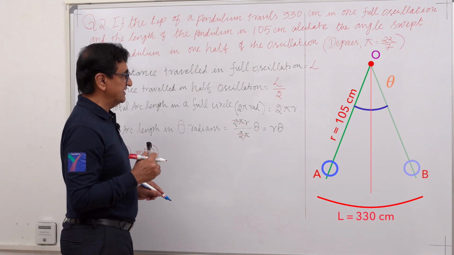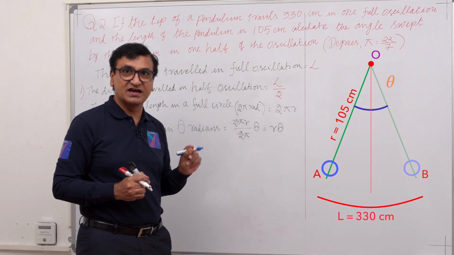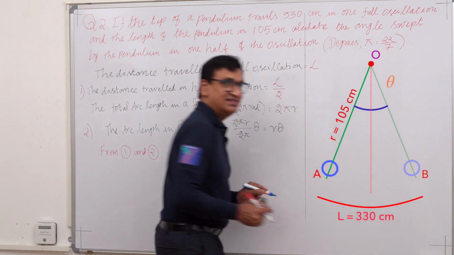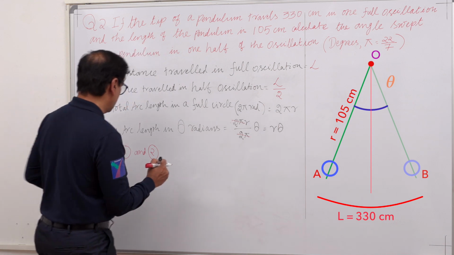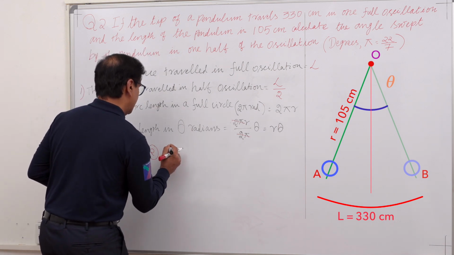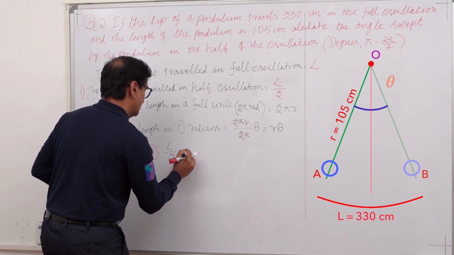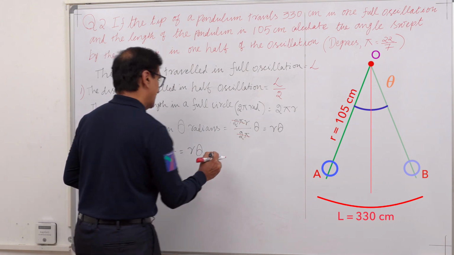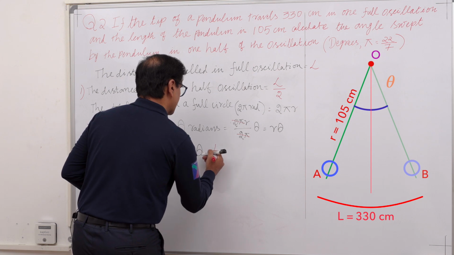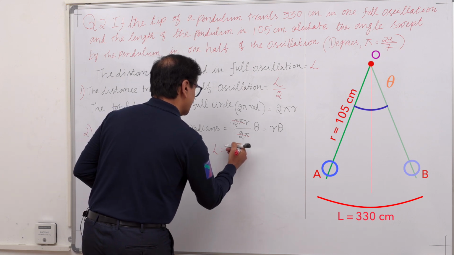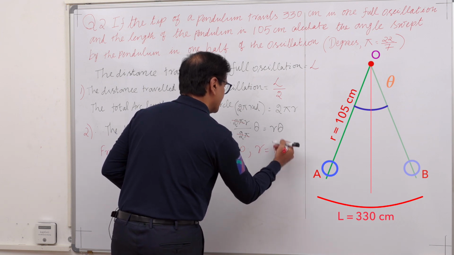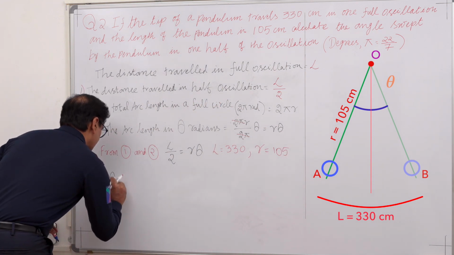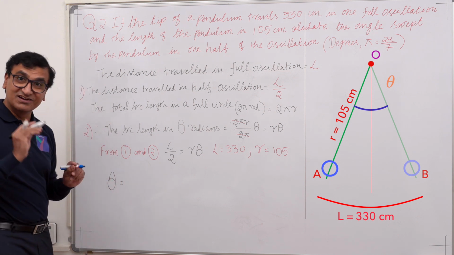From 1 and 2 we can say that L by 2 is the length of the arc A to B, and the same is given by r multiplied by theta. So L by 2 equals r theta. Now L is equal to 330 and r is equal to 105. Therefore, theta in radians, remember,